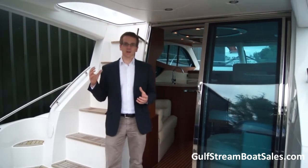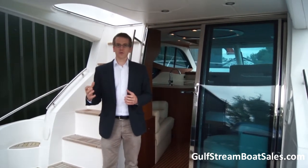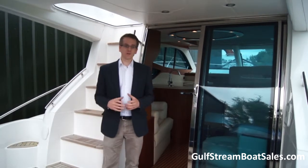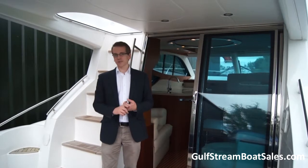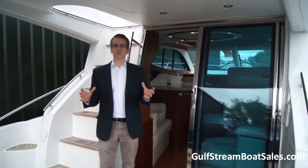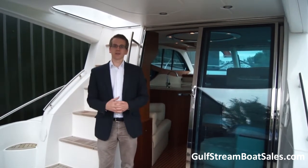I think it represents a great alternative to the typical British brands. It's got a great sort of European style and panache to it. The boat has a phenomenal spec as well. We've got teak decks throughout. We've got an onboard generator, flat screen TV, DVD player. We've got Webasto heating on board. It's just everything you could need in a great cruising boat or an inland boat for weekends entertaining or extended